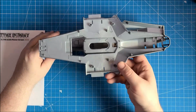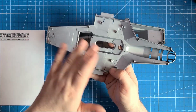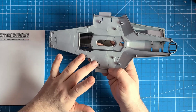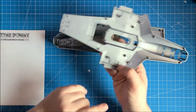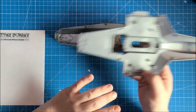But up here specifically, where it's going to be the top, where we're going to be pulling it off to display the insides, I also want to get a proper weathered look, and so we're also going to be putting the gloss black in here, and then when we put on our base color of the AK Extreme Metals aluminum, that's going to be also painted on the other side for that. So we're going to be putting the gloss black down below and on top,